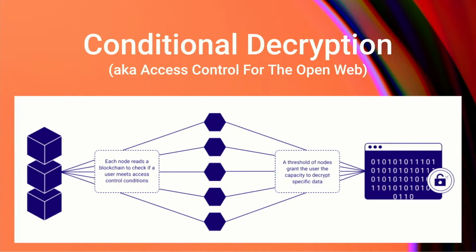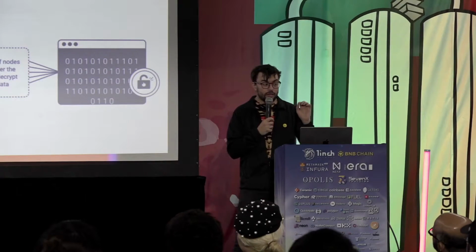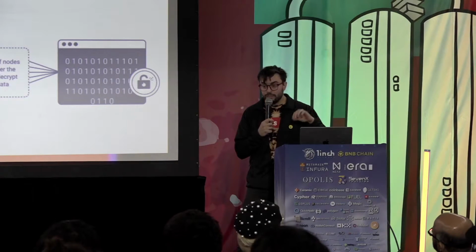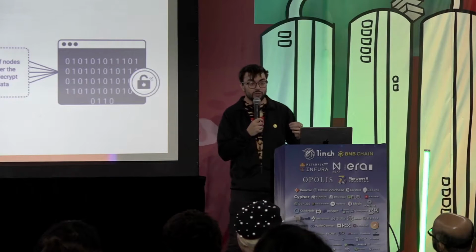When Bob shows up later on, Bob sends a message to all of the nodes and says, hey, I own Alice's NFT. I'm signing from my wallet to prove that. The nodes validate that against the blockchain. And then this is where it gets really cool, and this is what makes it distributed. Each of those underlying nodes creates something called a decryption share. You could think about it as an authorization. And each of these nodes is doing this independently.